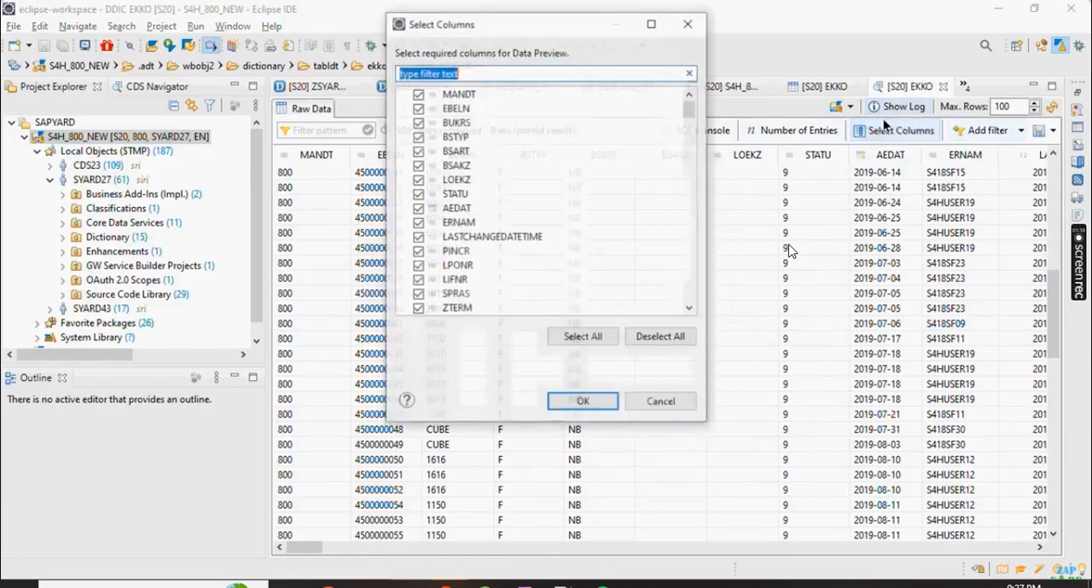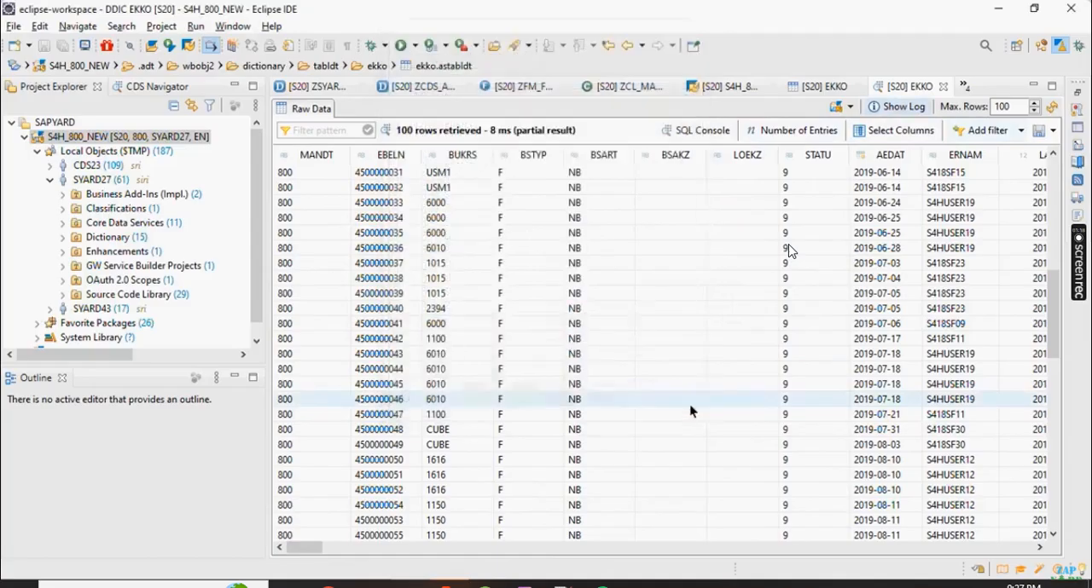You want to select certain columns only? Select only those columns which you want to display. So normally while doing developments,